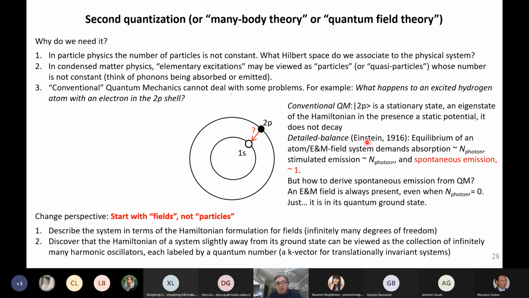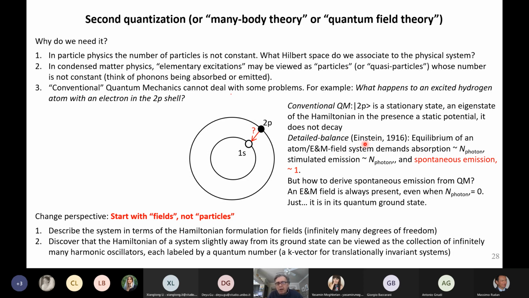Now we know that even before quantum mechanics was invented or discovered, in 1916, Einstein did a study related to black body radiation. What happens if you have atoms? We knew from the Rutherford experiment, only 3 years earlier, 1913 if I'm correct, what atoms look like. How do atoms and electromagnetic radiation reach equilibrium? Looking essentially at statistical mechanics, or if you wish thermodynamics,